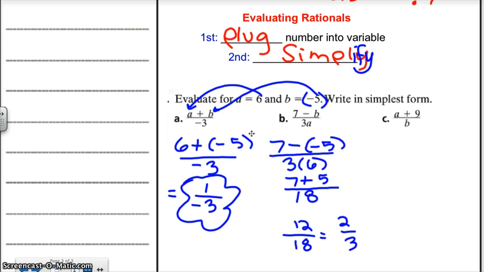And last one. We turn that into 6 plus 9 over -5. 6 plus 9 over negative 5, 15 over negative